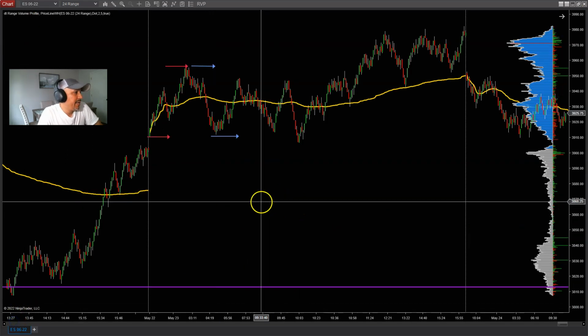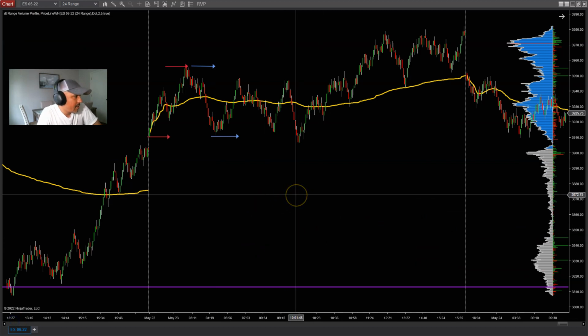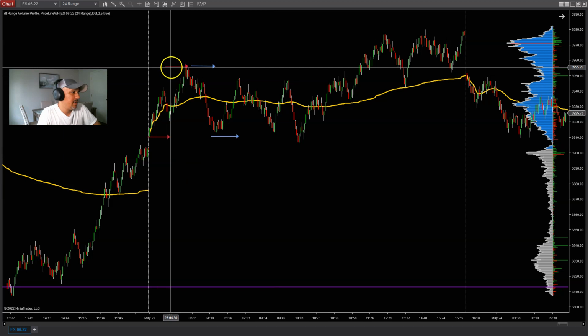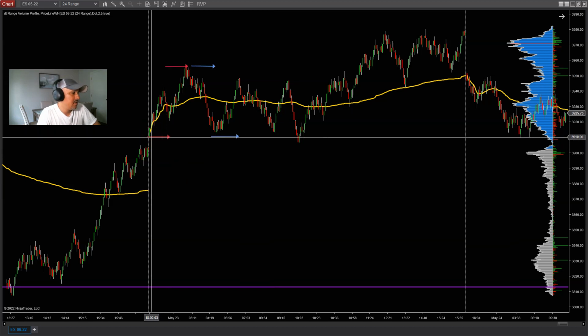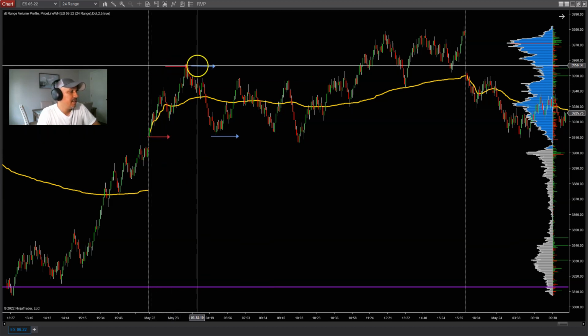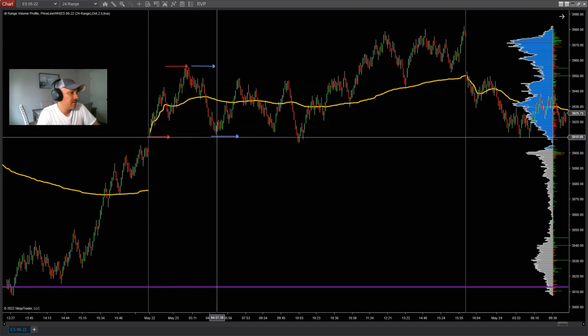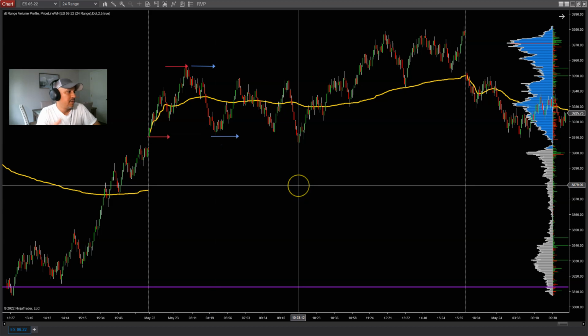All right, I'm looking at May 23rd. I'm going to show you the Asian session highs and lows, and the London session highs and lows. The red arrow lines represent the Asian session low and Asian session high. This is the London session high and London session low right here. What's going to happen during the New York session, once the stock exchange opens at 9:30 Eastern time,